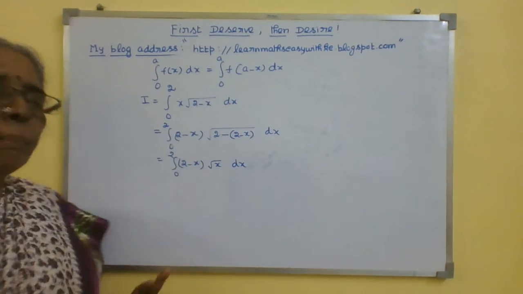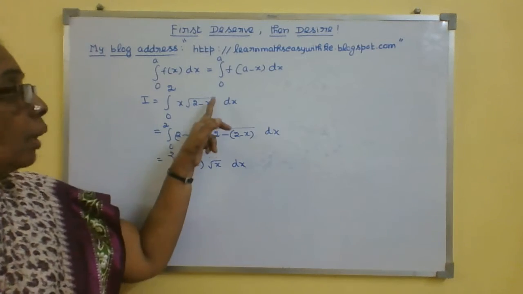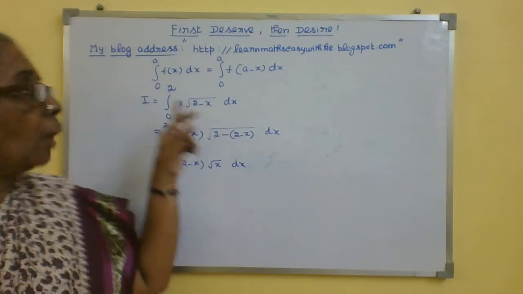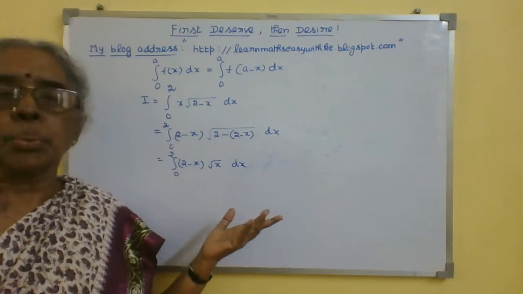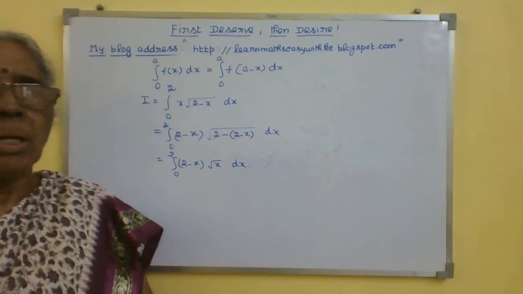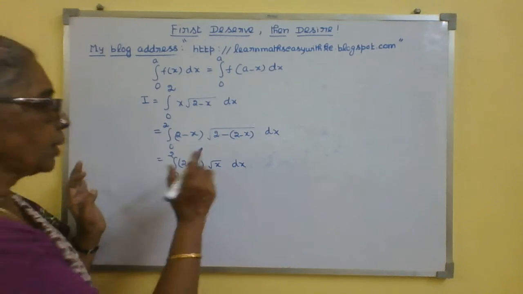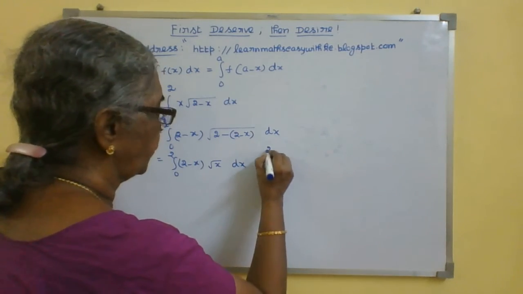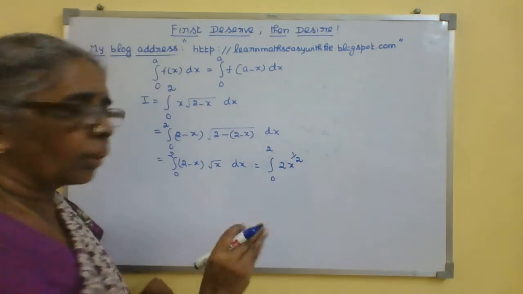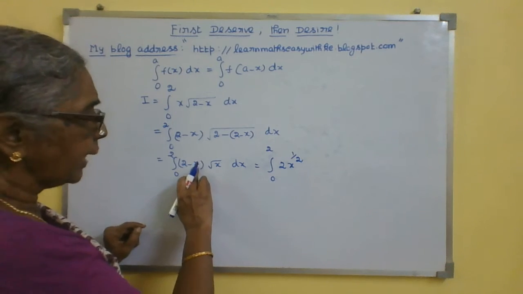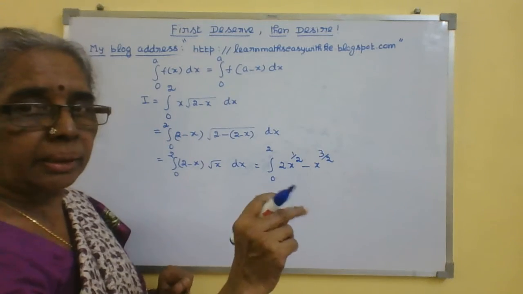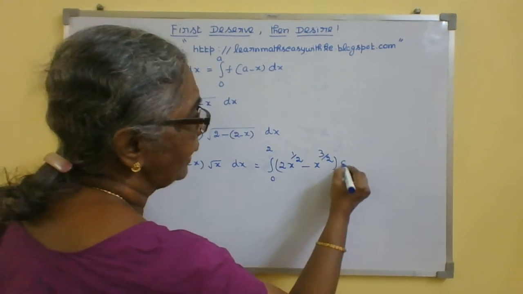So now see what is the benefit we are getting by applying this property. Now within root you had two terms. Now within root I have got a single term. Outside you had one term. Now outside I have two terms. Now I will be easily able to multiply and then integrate each term separately. So that is the benefit of this property here. So now I will write integral 0 to 2 of 2 into root x. I will write root x as x power half, so that the integration will be easier. x into root x, that will be x power 3 by 2, because x power 1 into x power half. Put a bracket and dx.